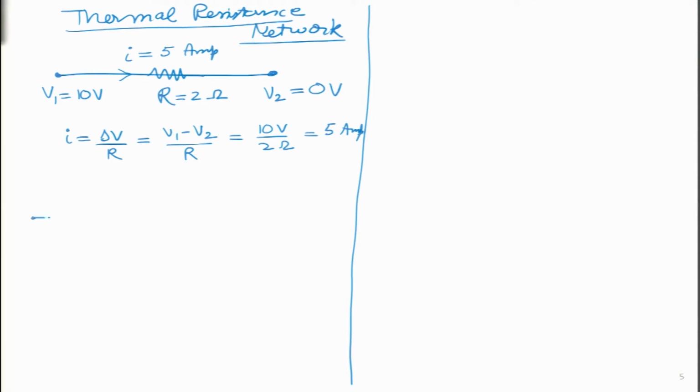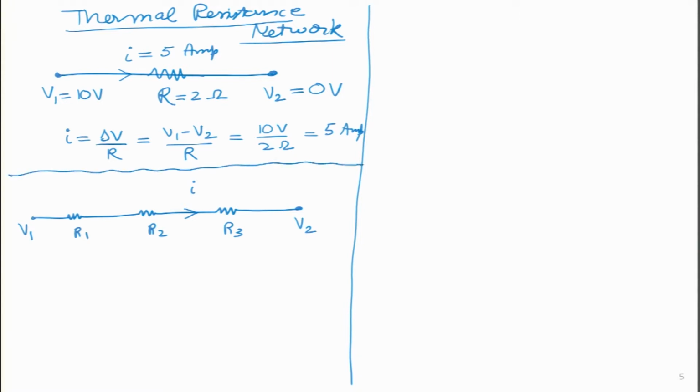So, we can make it slightly more complicated. I can add things in series. So, we all remember this from our high school studies. Then over here, if we have this voltage difference and I put instead of 1, I am putting now 3 resistances. Now, again I can calculate the value of this particular current for this case over here. And let me put some numbers over here. Let us say this is 1 ohm, this equals 2 ohms, this is again 2 ohms. Over here we have on the left side 10 volts, on the right side 0 volts.